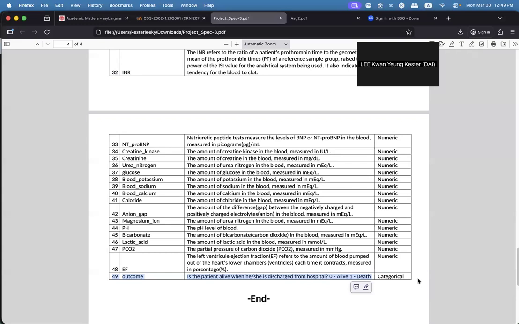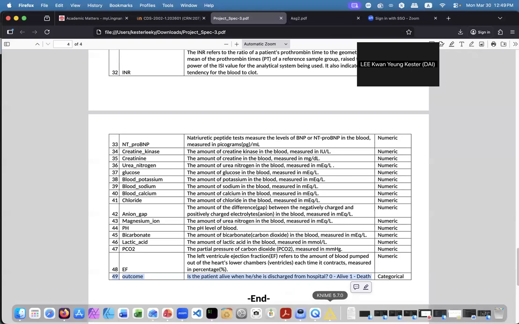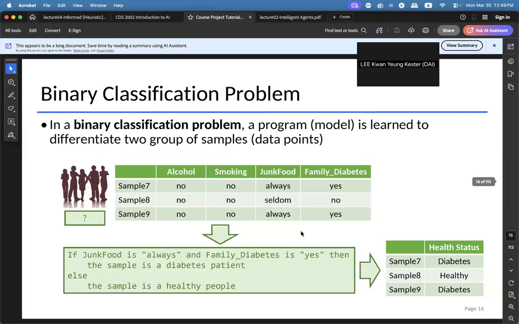After we build this model, we can take unseen new data samples, put them into the model, and let the model output the corresponding class labels. Here our class label is the health status of the sample.